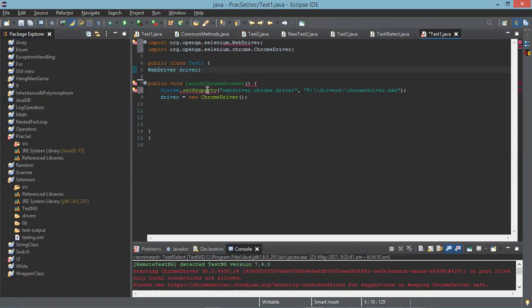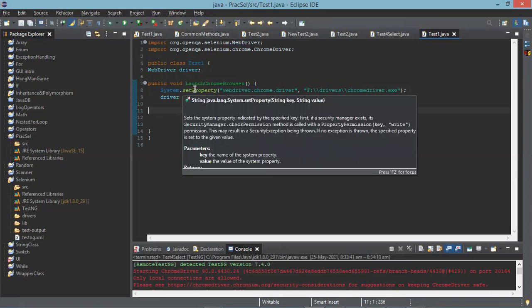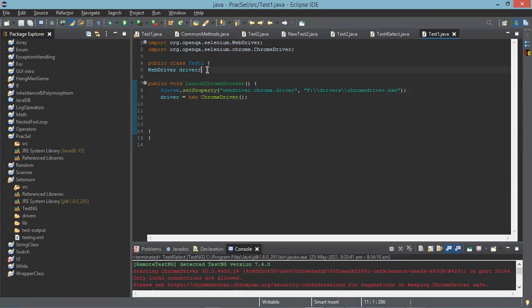Okay, sir. So why is it not throwing the error now, sir? Chrome driver cannot be resolved. Because of your version, whatever version you are using. Save these things and try to remove that JRE 1.15 and get it as 1.8. The compiler we have changed, but the JRE library we have not changed.